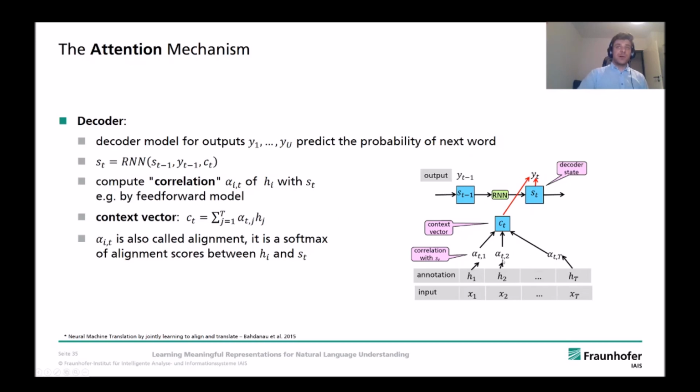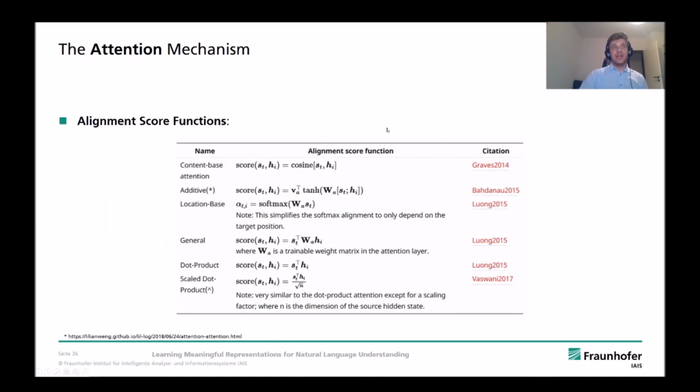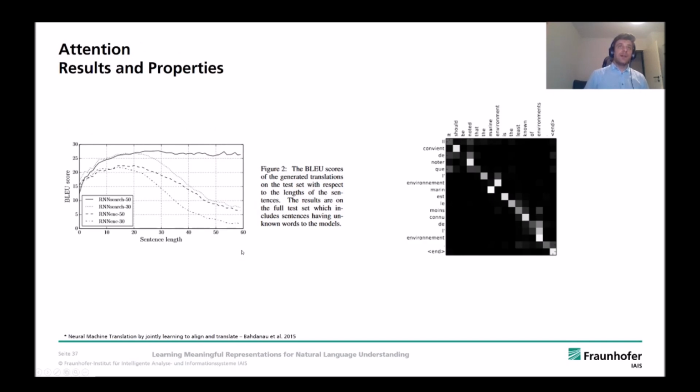Now, this correlation is calculated with the softmax. However, the scores can be calculated in different ways. They could, for example, be cosine similarities, or normalized or scaled dot product, the dot product itself, or anything else you can imagine. Now, what's really cool about this attention mechanism, as we can see in the translation here, is that it also shows you at which points of the decoder which parts of the encoder are important. And you can really see that the architecture is able to map the proper words